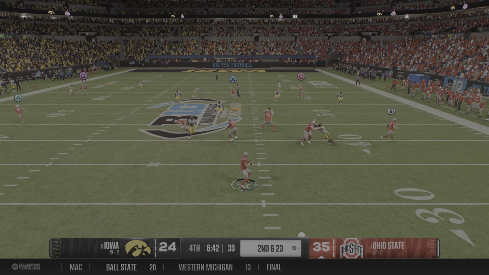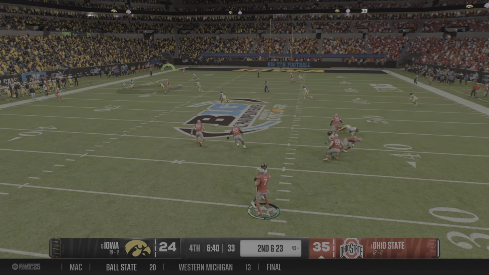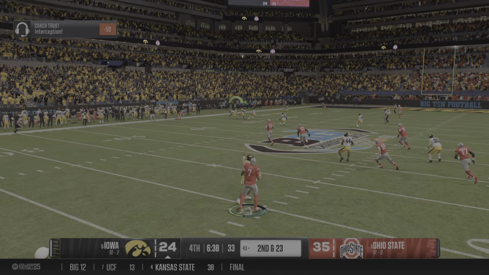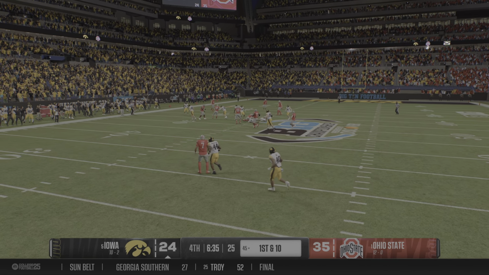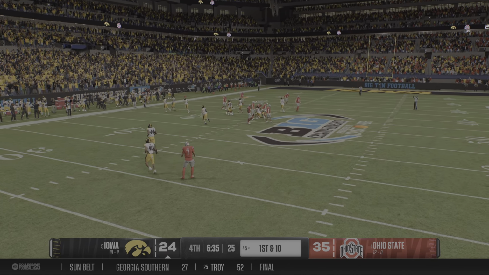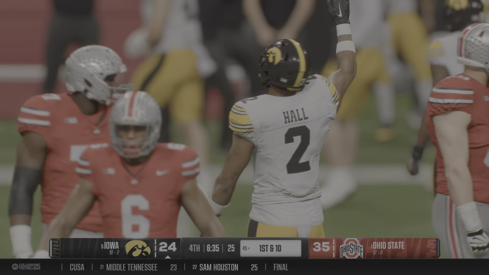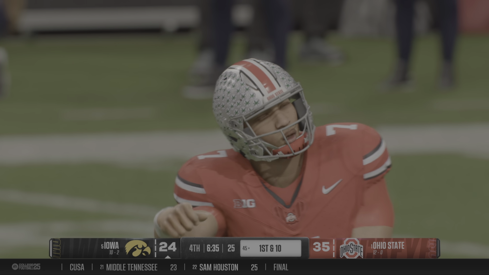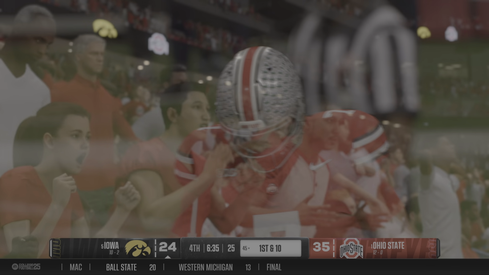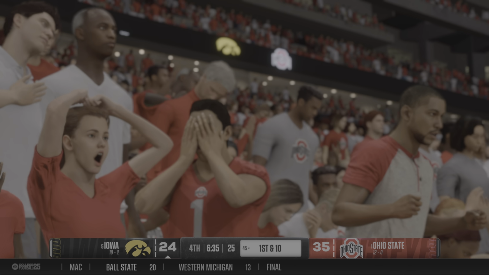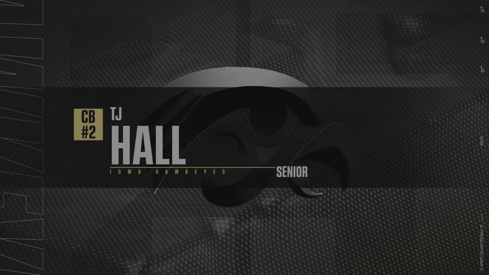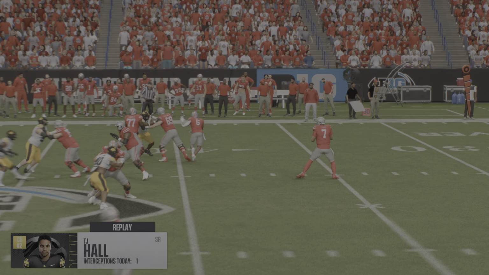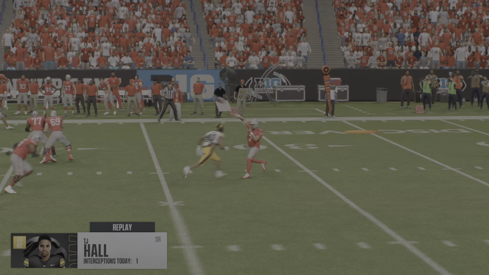Fakes the handoff, looking to throw. Looking for his big tight end. And it's intercepted, the last thing they could afford. And he's wrapped up after a solid return. Boy, this defense did exactly what they needed to do. Come up with a turnover here in the 2nd half to get themselves back in the game. They get the interception. Now, can their offense come up with a way to cut into this lead?